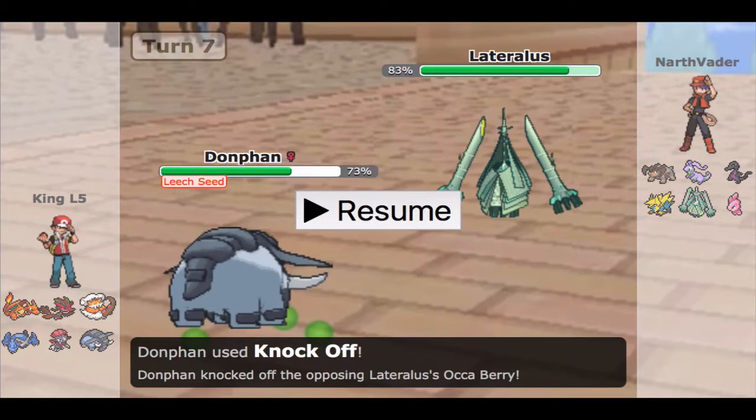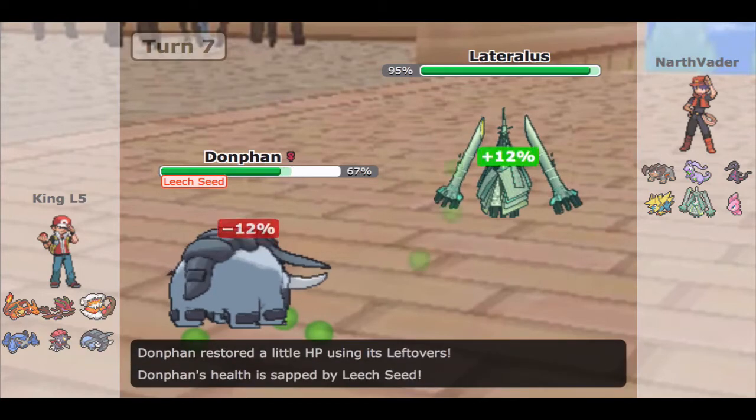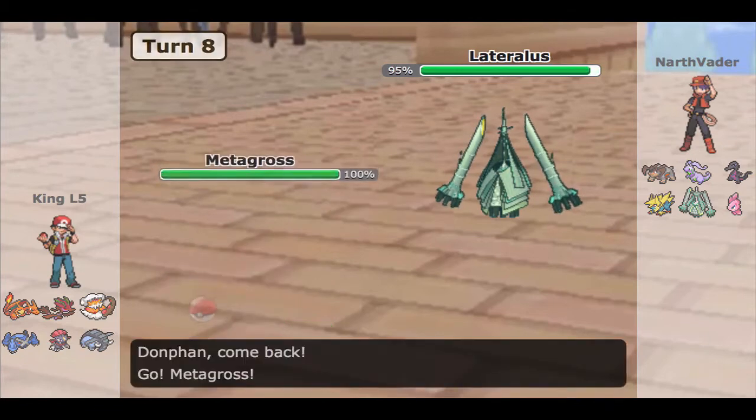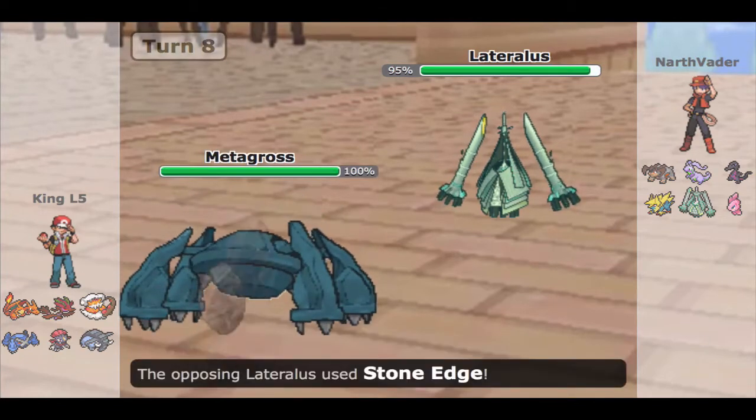So that means that it definitely has Stone Edge, because why would you run Aguav on your Celesteela if you're not trying to specifically lure in my Charizard? So I know that to be true now. But here, I know that the Charizard is somewhat of an obvious play, quote unquote, because it does wall a standard Celesteela. But I'm going to go into my Metagross because I know the Stone Edge is coming out, and